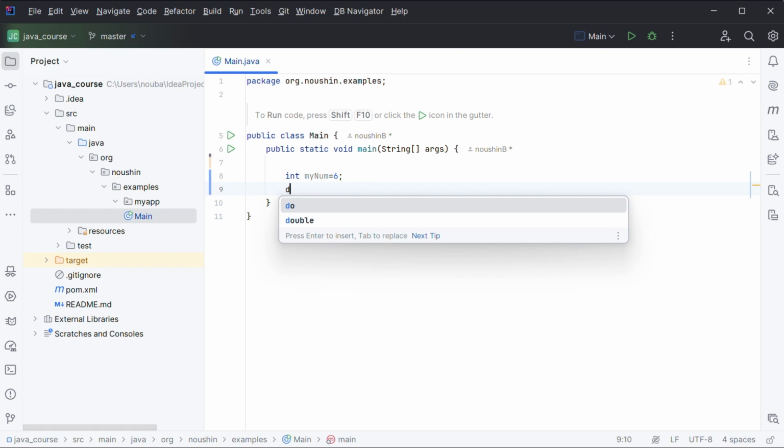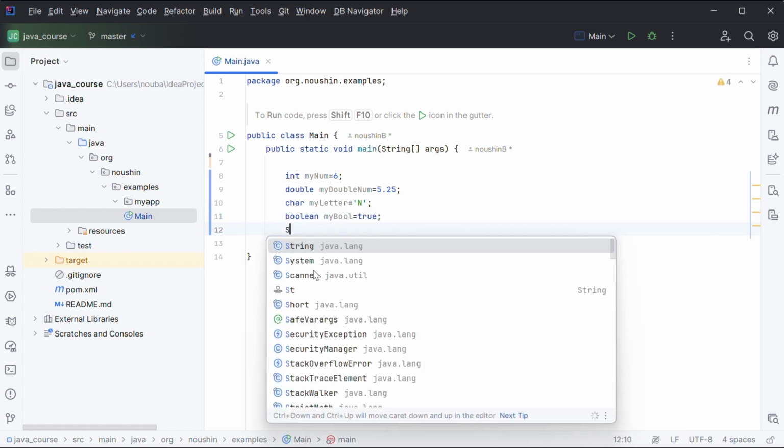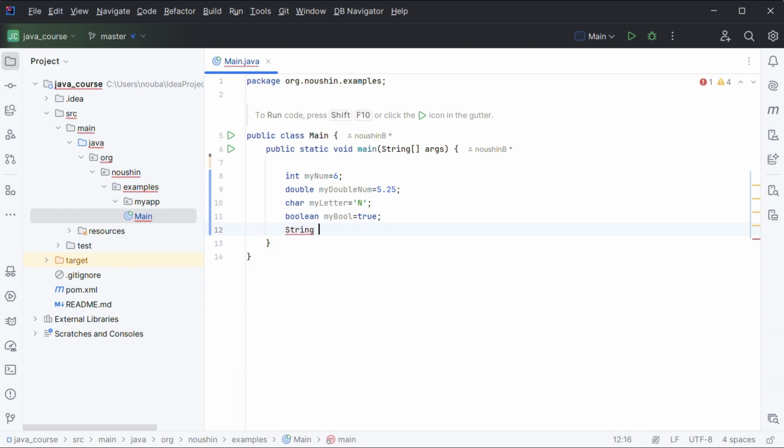double, char, single quotes, boolean, and string, double quotes